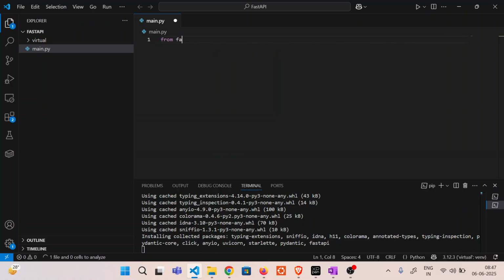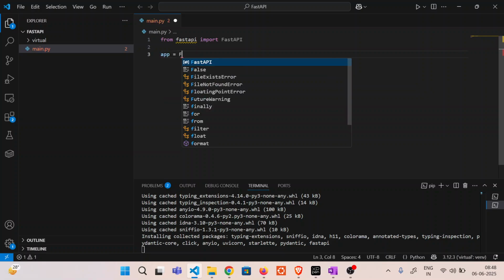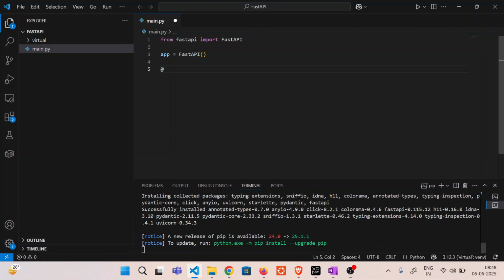So we will import FastAPI from fastapi. Then we have to create an object for FastAPI. Let's call it app. So app will be simply FastAPI(). That's it. Once we have created the object for FastAPI called app, we have to use a decorator